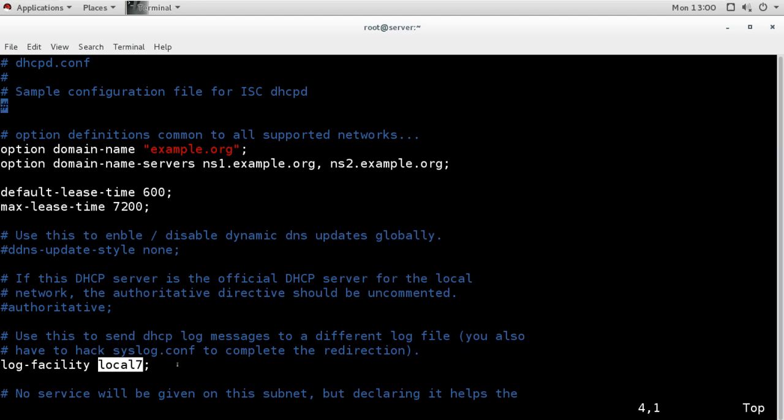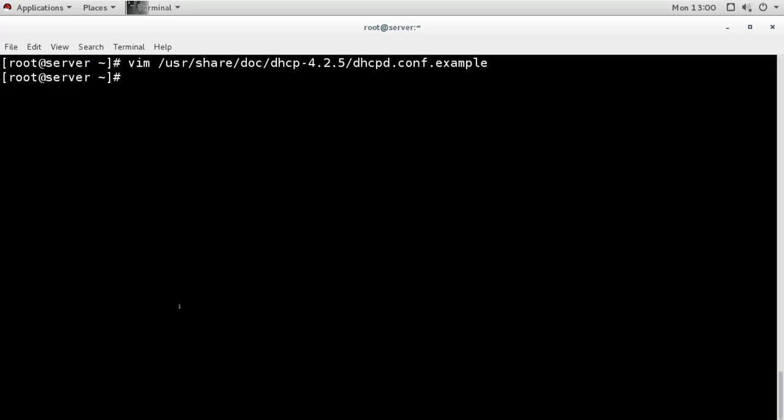So this is the sample file. If you like to use this same kind of configuration, you can use it under the main configuration file. You can use the configurations from here, or you can go for more information to the dhcpd.conf main file.